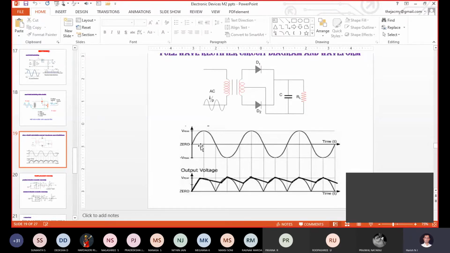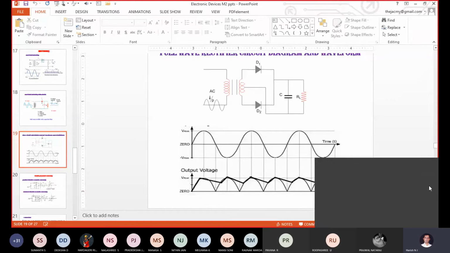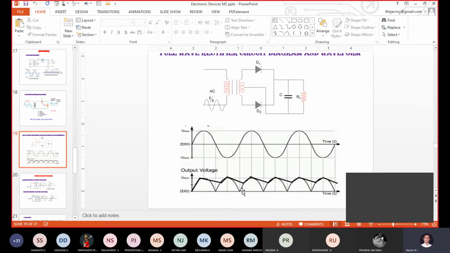Correct. So just check out the comparison between the input signal and the output signal. The average value of the input signal will be 0 because the input signal consists of both the positive half of the cycle as well as the negative half of the cycle. When you take the average value of that, definitely it will become 0. But when you take the average value of the output signal, it consists of only the positive half of the cycle. So hence the average value of the output signal will be a positive quantity. Correct. So hence easily we can identify that some DC component is present in the rectified output.